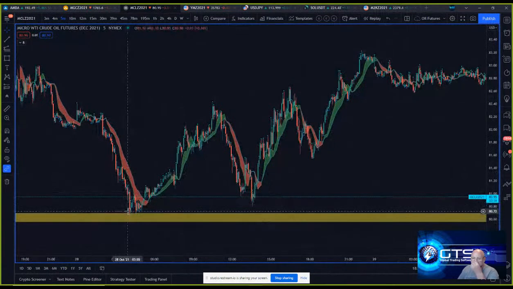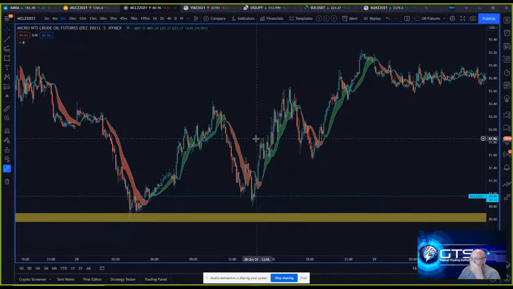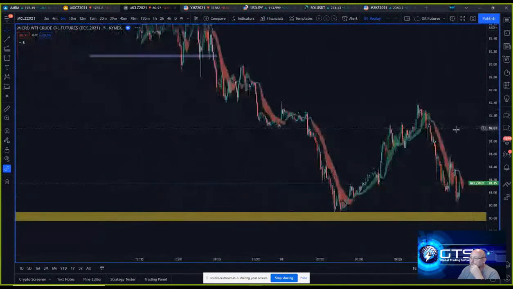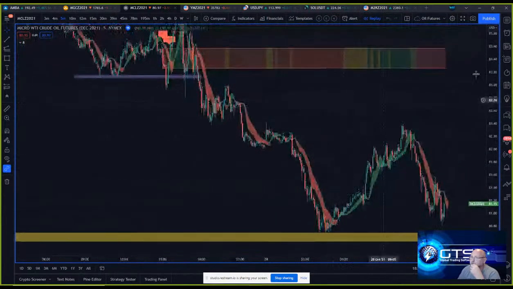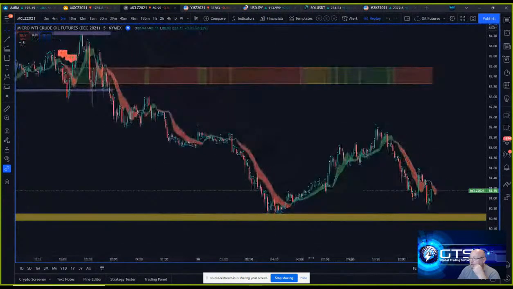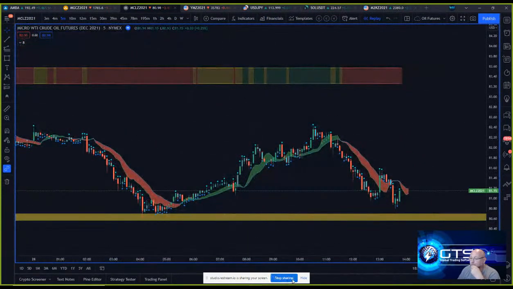So look how it's testing this support. Really, really strong, isn't it? Okay, so let's go replay to about this point here. So this is the previous day's CL. Really nice drop. But if I just play this forward now,